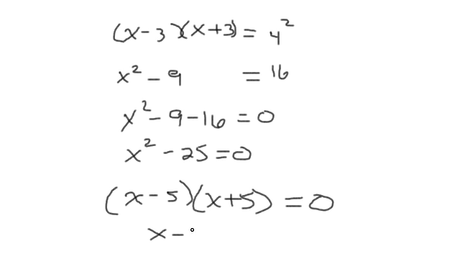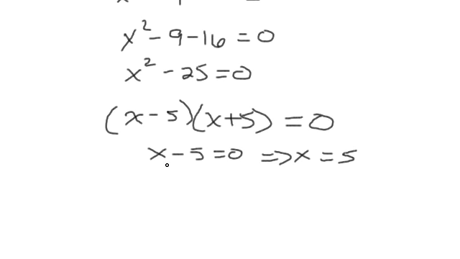And so we set both of our factors equal to 0. And we have x is equal to 5. And then we set our other factor equal to 0. And we have